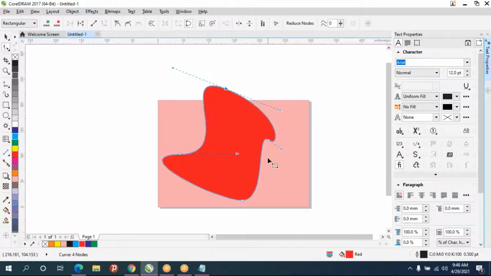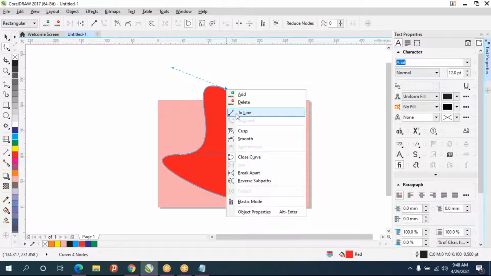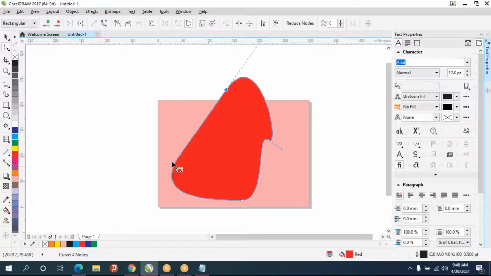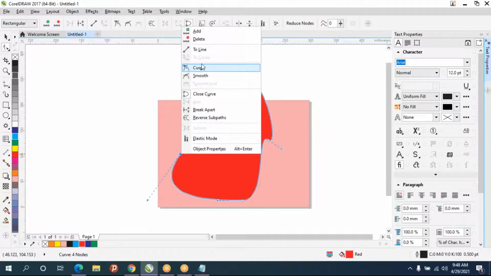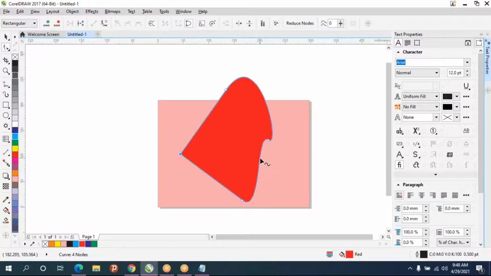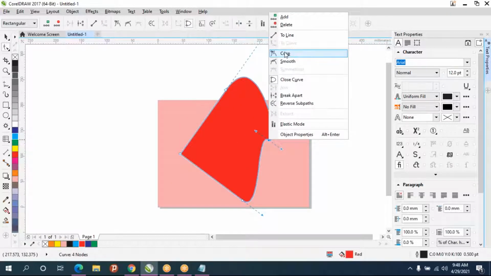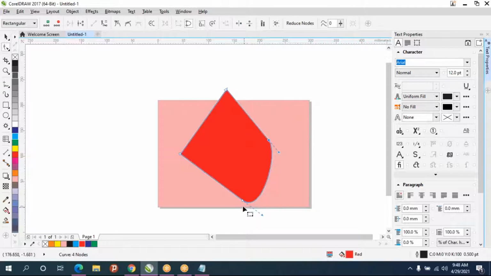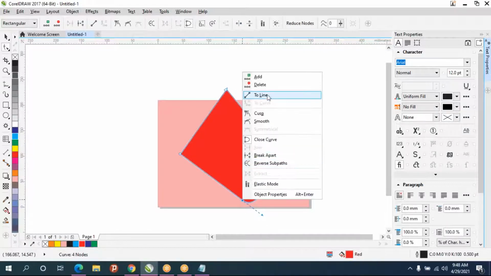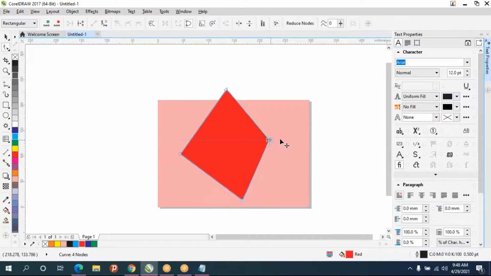Suppose if you want to convert this into line, just right click on the point again, we'll be saying to line. So this will become line. Right click on the point, to line. So this only becomes line.